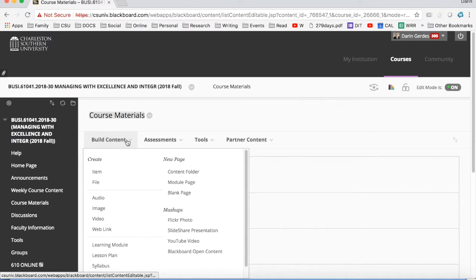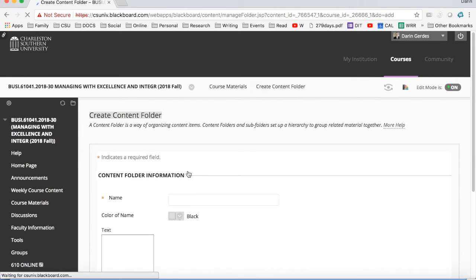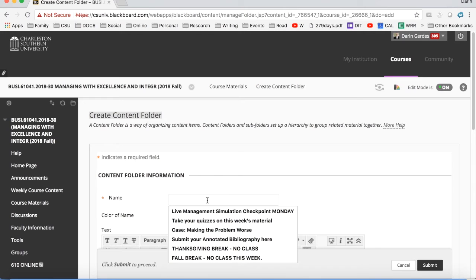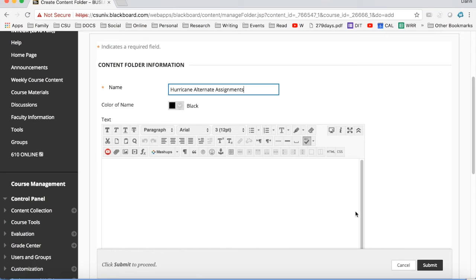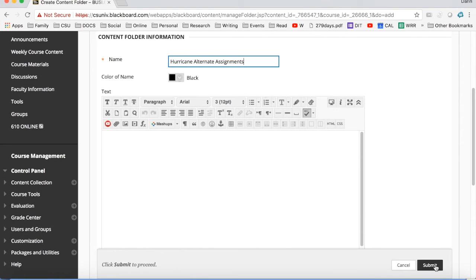And we're going to create a new folder. So you click under build content and then create a new content folder. Okay, when you do, you have a new content folder. We'll call this Hurricane Alternate Assignments. Okay, and then under here, I simply click submit, and I'm going to move this up now after I've